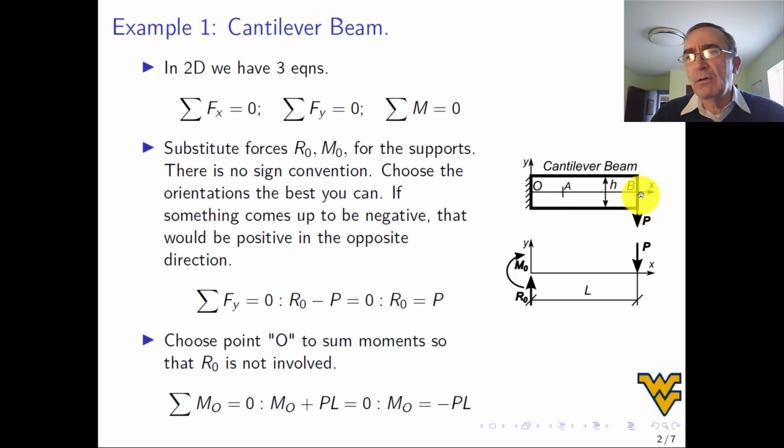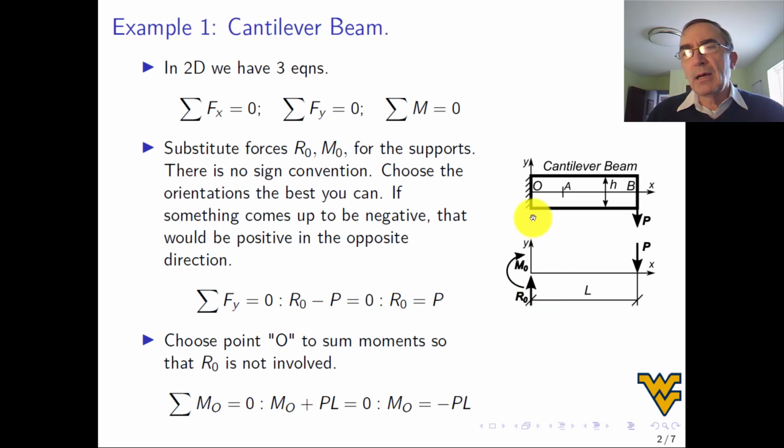Since there is a vertical load P going down, I'm going to put reaction R sub O, because it's at point O, pointing up. I put it pointing up because for this simple example, it is obvious that if I load it downward, then I have to react up. But in general, you can put whatever direction you want, and then when you calculate, you will get the sign. If you put the arrow in a direction that is not ideal, it may come out negative, and you know what's going on. It is negative, so the arrow should be pointing in the other direction. All right, so there's not a problem.